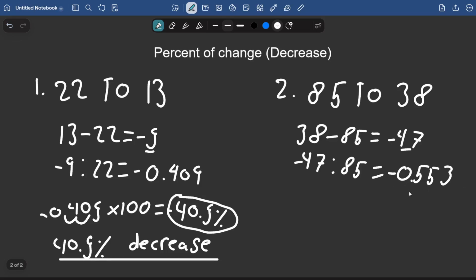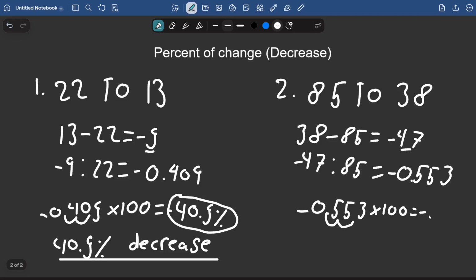This is the decimal number. Now, the last step, we take the decimal number, 0.553, times it by 100, and we use the trick again, move the decimal by 2 places, and we get